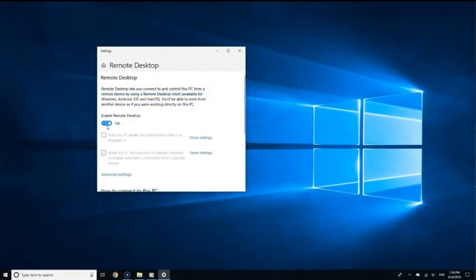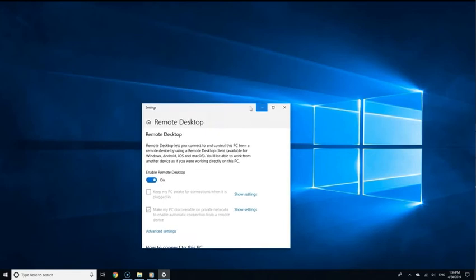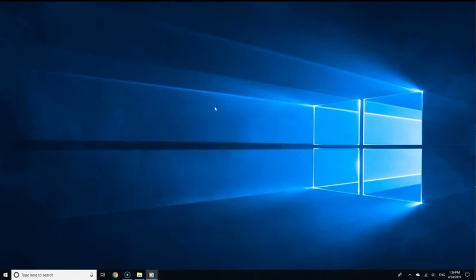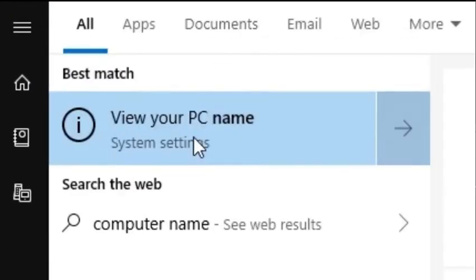But one thing you will need is the name of this PC, because once you go to the other computer to connect to it, it's going to ask you for its name. That is the name of the PC you just enabled remote desktop on. To find out the name, click the start button and then type computer name. And then from there, you will see from the search results, it allows you to view the name of your